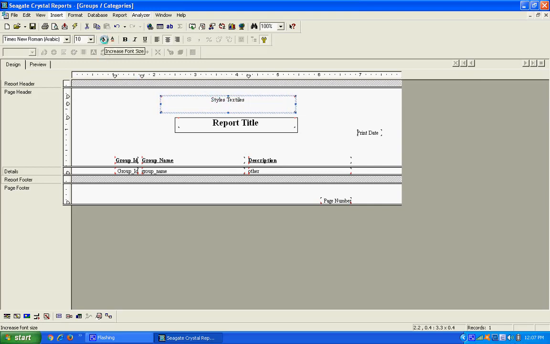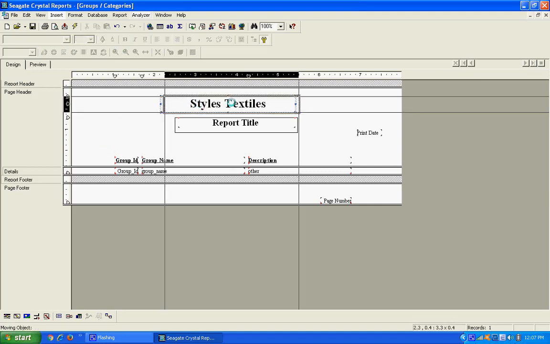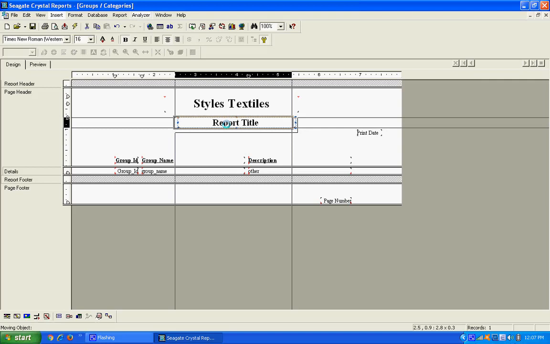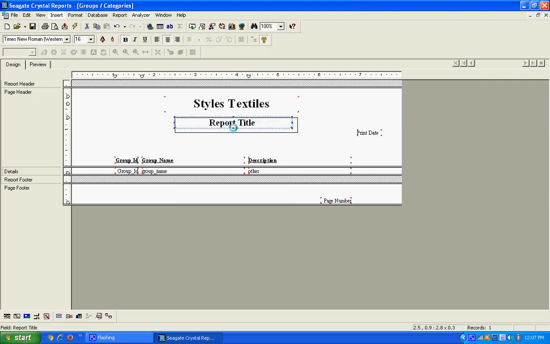Press the increase font size. Done. Okay, and also set the bold. Done. This is our report design ready, and I adjust this to the center of this report for the beauty.